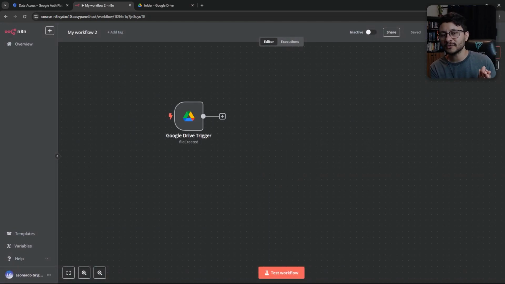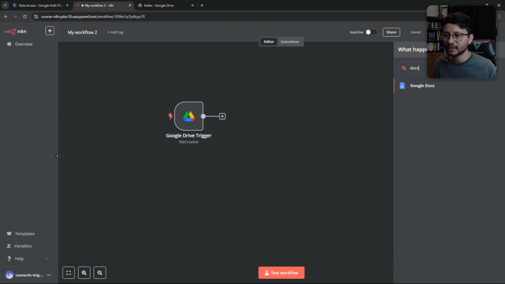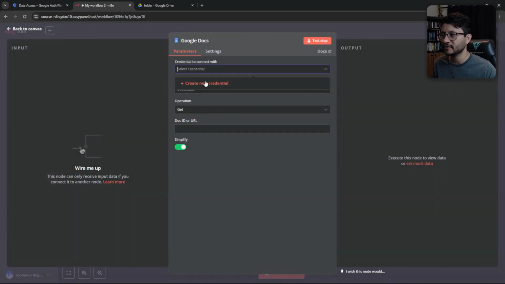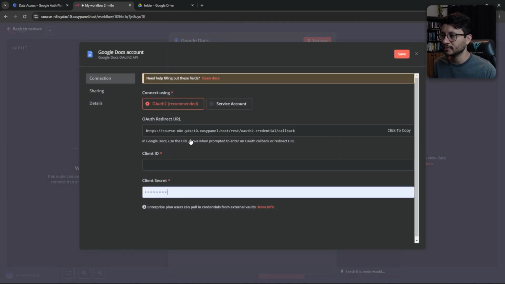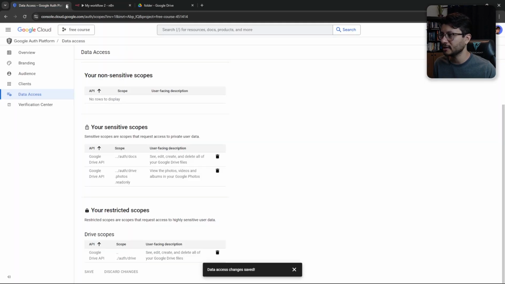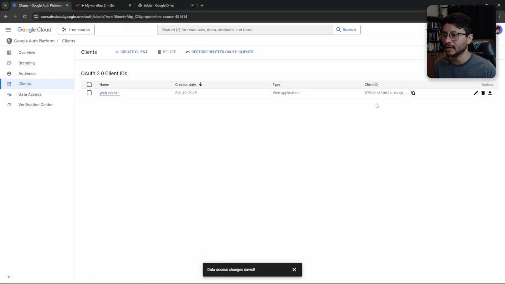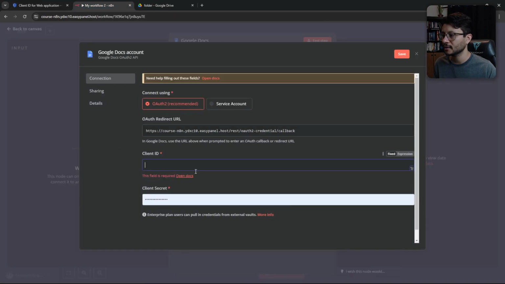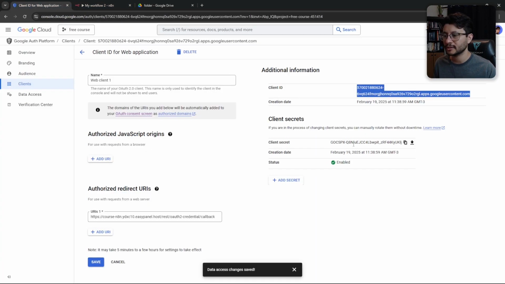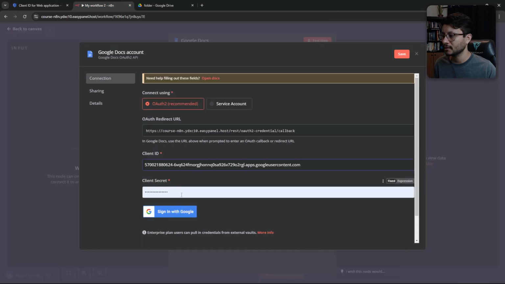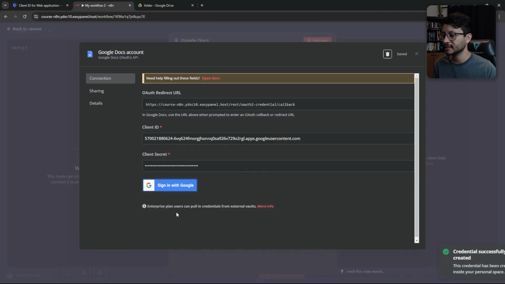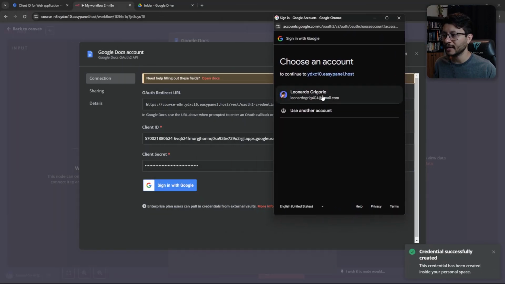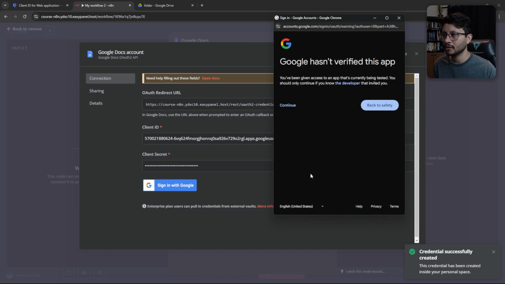Now, as I said, the process for every single Google API will be the same. So if I want to add a docs, select Google Docs node here, get document, and I have to place in the credentials. Create new credential, then I'll need the client ID. It will be the same client ID as we had before. So just open up clients, the client ID, place it in here. Client secret is this one. Place that in there, then sign in with Google,